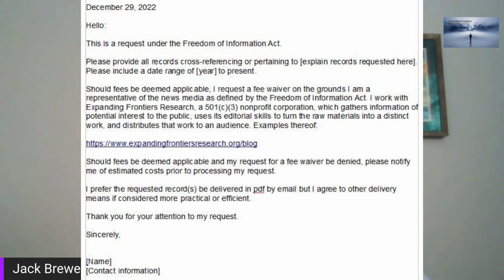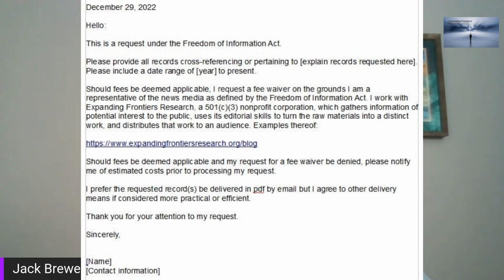Now, you may want to just let them know that if fees are applicable, to notify you of estimated cost before filling your request. Here, I explained that I was requesting a fee waiver based on working with Expanding Frontiers Research